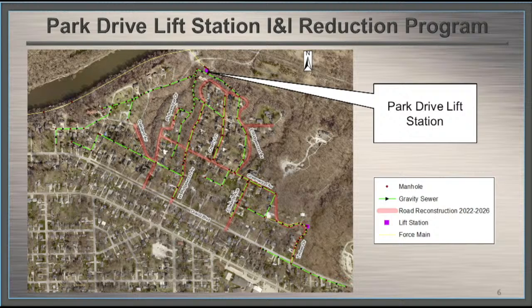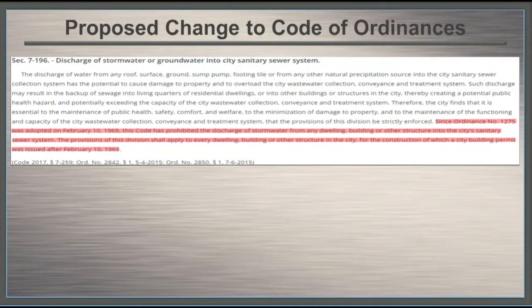Some of these lines were put in 1921, but all but a very few of these lines have been rehabilitated by the city. So we've lined these, we've grouted service lines to help the infiltration on our system be reduced dramatically. The problem on the private side still remains. We've not been able to do that. That's a difficult problem to address.